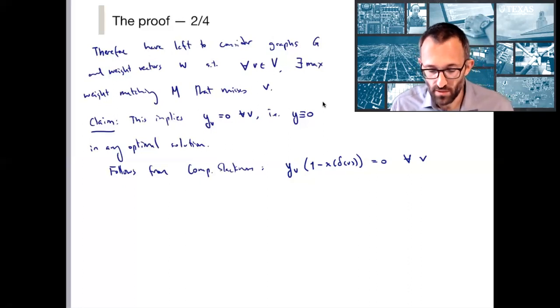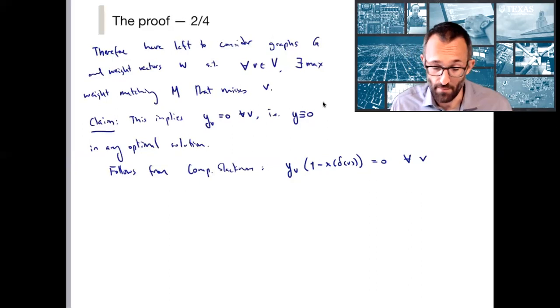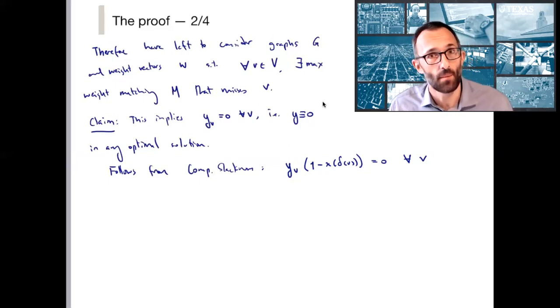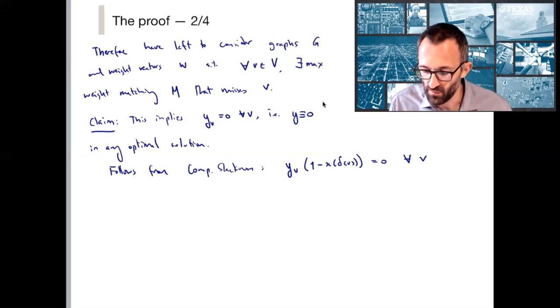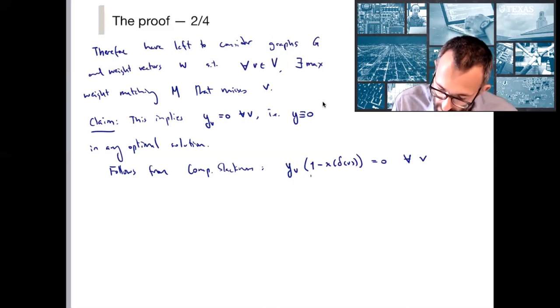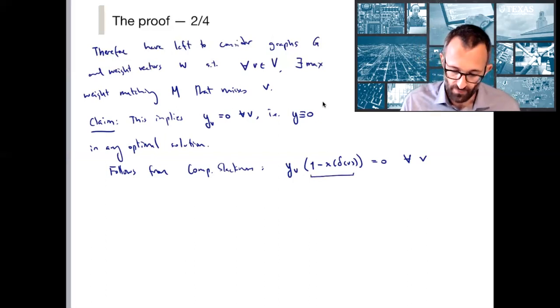But what we've just claimed is that the only cases that we care about now are the cases where there is an optimal solution x corresponding to a maximum matching that misses a particular v. So let's see what that means. If it misses a particular v, it means that this is not 0, and therefore yv has to be equal to 0. So that concludes that portion of it. So all we need to worry about now is the